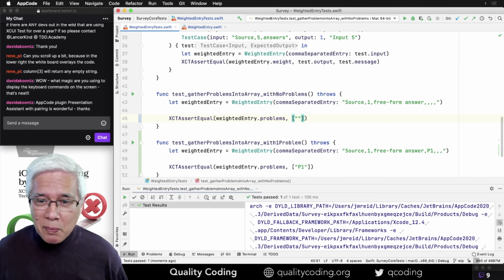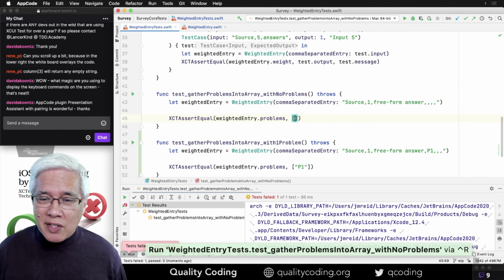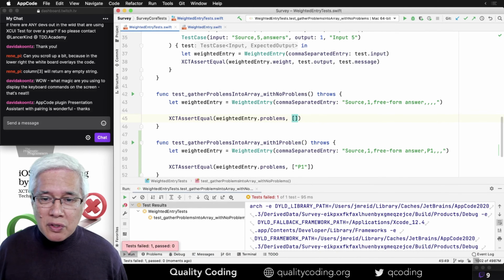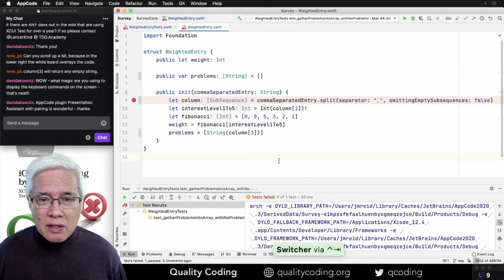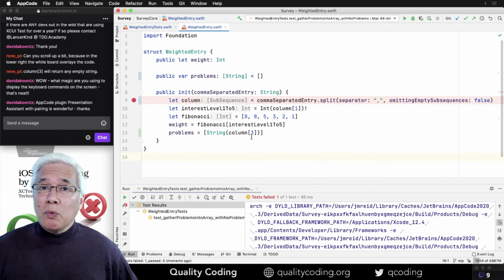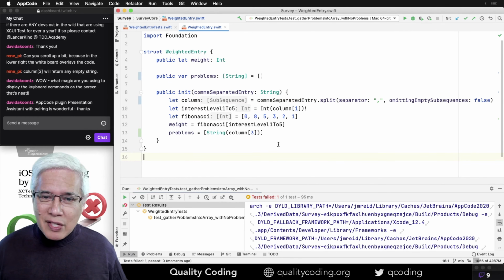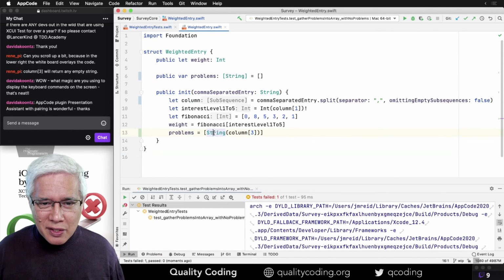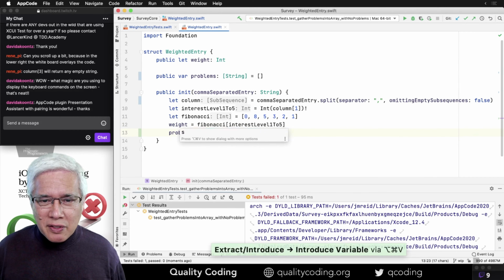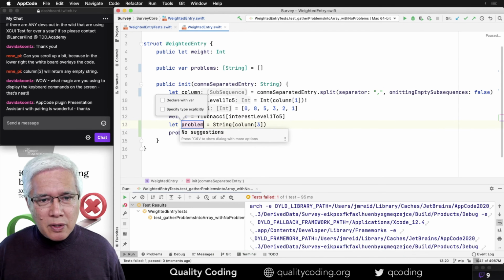So this is an interesting problem and nothing that I anticipated. We do want it to go like this, where if the string is empty, it gets culled. It's just filtered. So let's work on that. Now we're doing TDD. So I want to get to green as fast as I can, and then we can sort out how to make the code nice. So let's first extract this to a variable. I'll call it problem1.